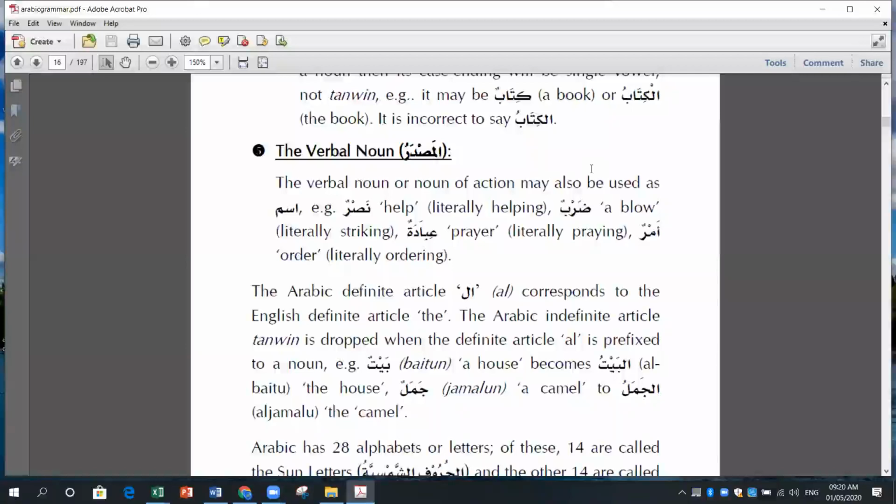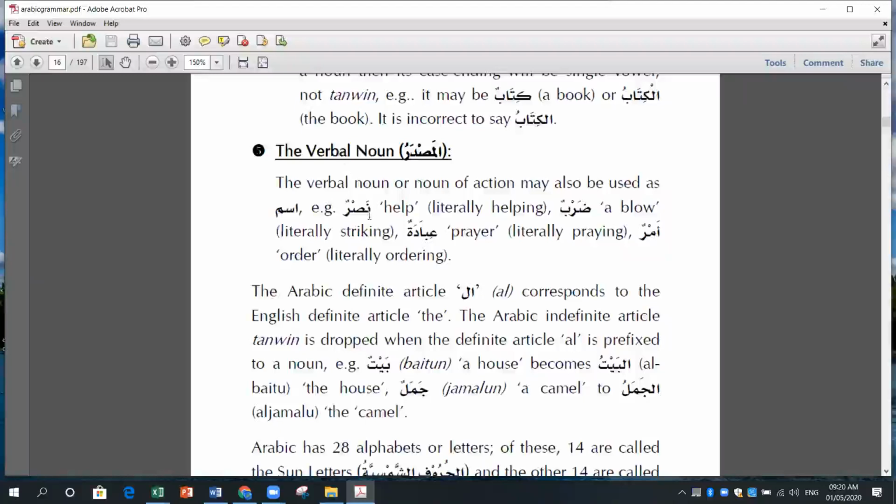So when I associate it with a time period, then it becomes a verb. But if I use it without time and I use it as a noun, then it is called masdar, verbal noun. It is a verb, but it is the name of the verb. I hope it's clear. Sleep is the name of an action, so it is called verbal noun. But that also comes under the category of noun.